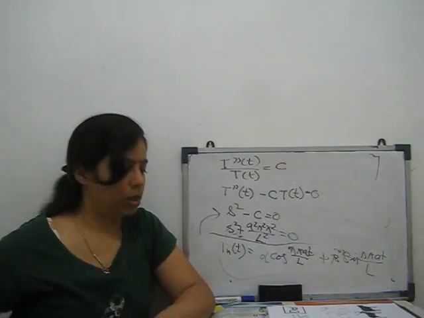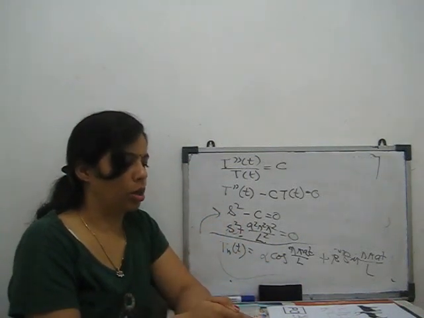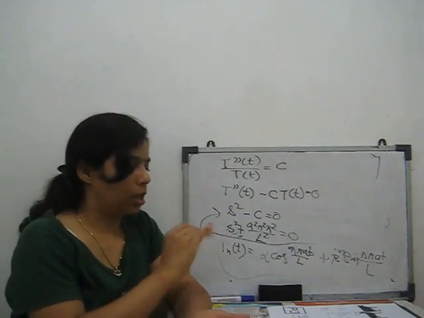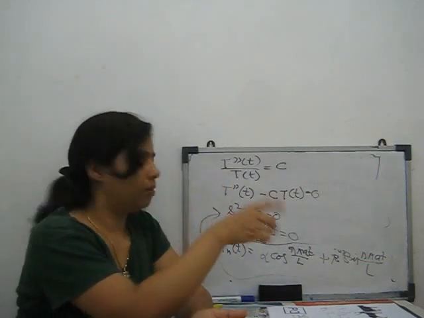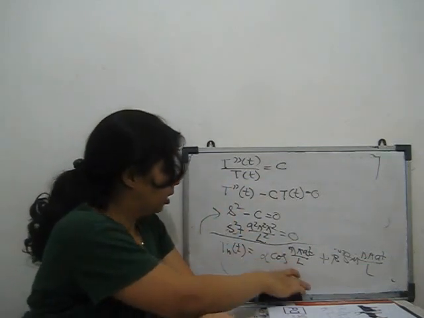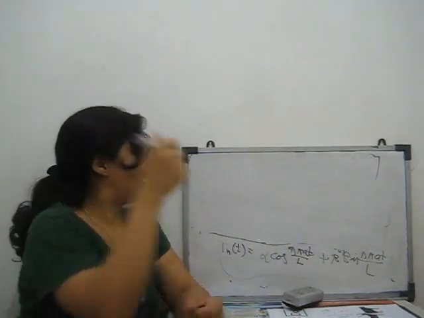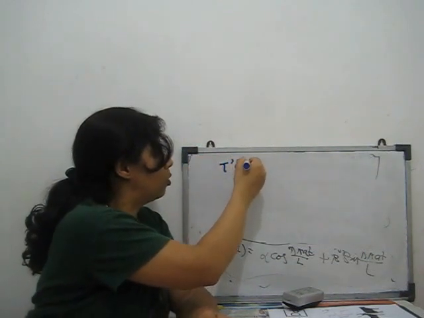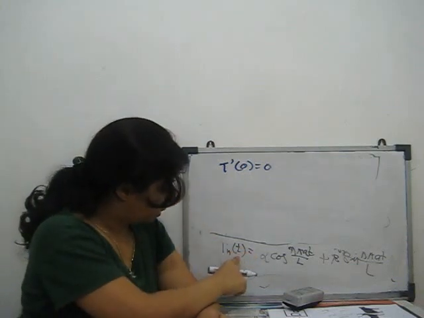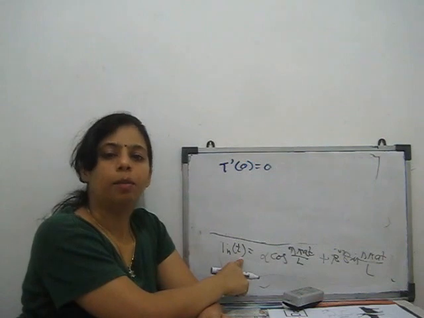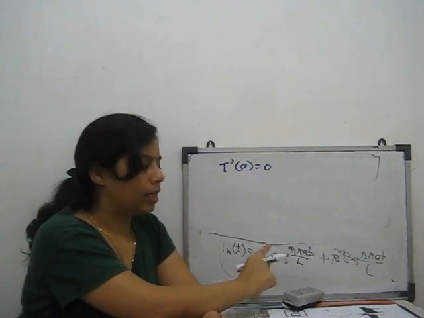Now we have both the solution of x and the solution of t. We will substitute the solution of x and t in our general solution. So first we put the boundary condition here. Previously we found that t dash of 0 is equal to 0. We use this condition: t dash of 0 is equal to 0. It means if we find the partial derivative with respect to t once and then put 0, that gives c.